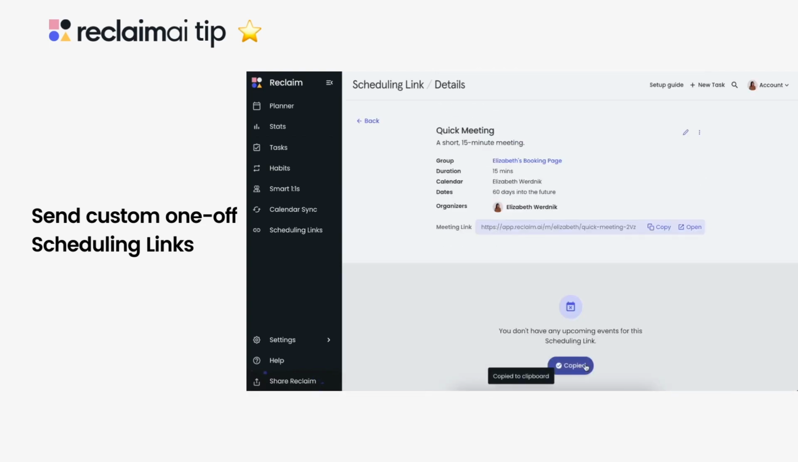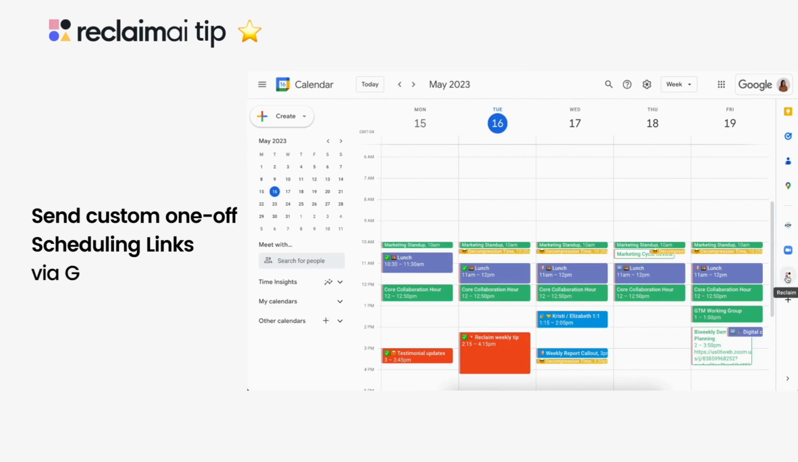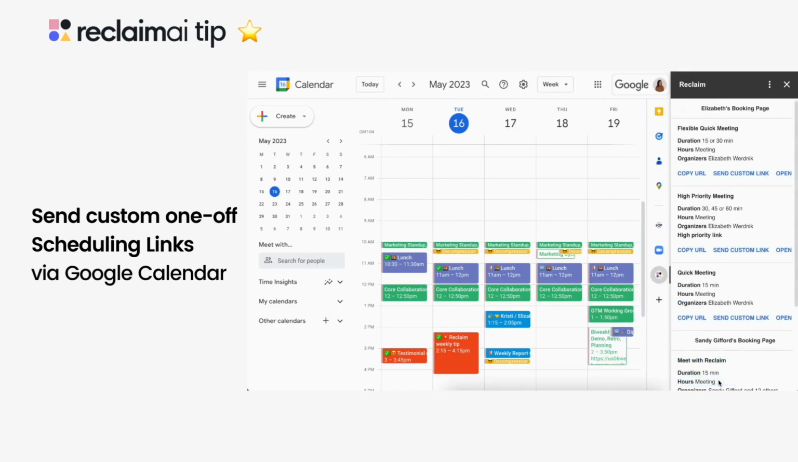These custom links aren't added to your main booking pages or saved in your scheduling links interface and automatically expire after 30 days. Instead of having to create a whole new scheduling link for a specific meeting instance, you can